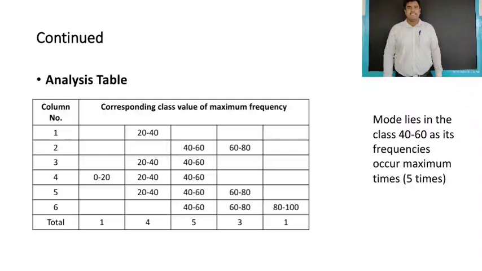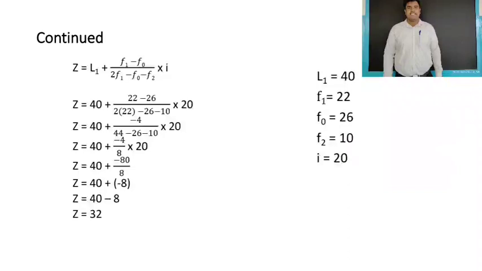quite evident that the mode lies in the class 40 to 60, as its frequencies occur maximum times, that is 5 times. Now I'll apply the formula. Z is equal to L1 plus (F1 minus F0) divided by (2F1 minus F0 minus F2), into I. Here L1 refers to the lower limit of the